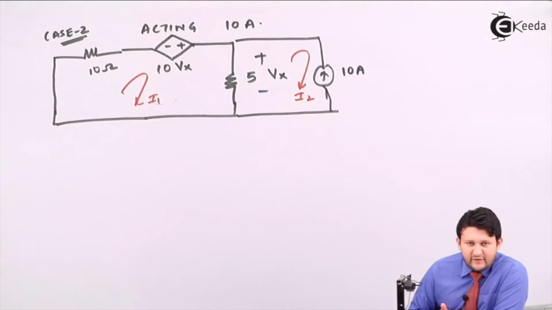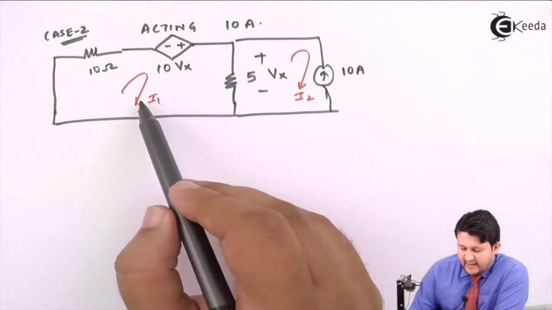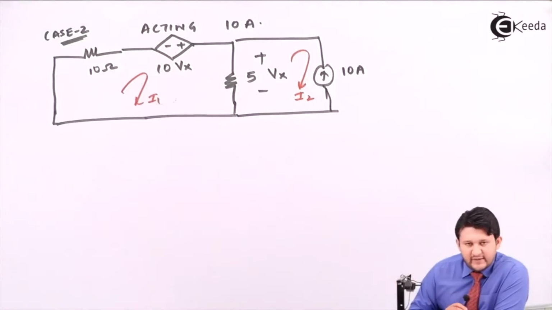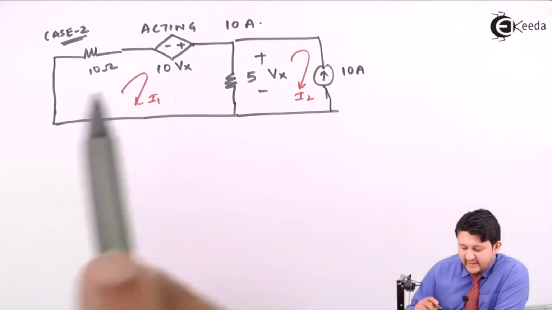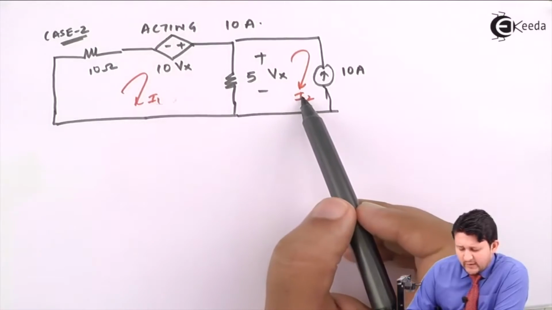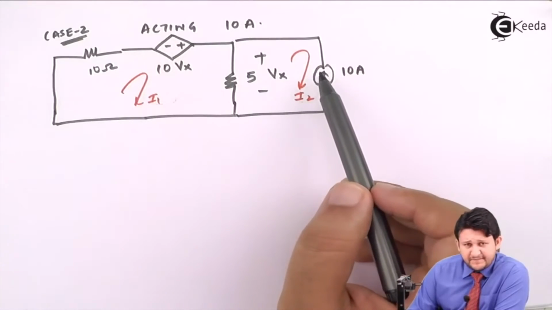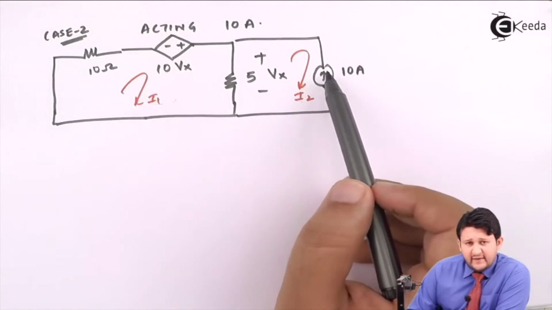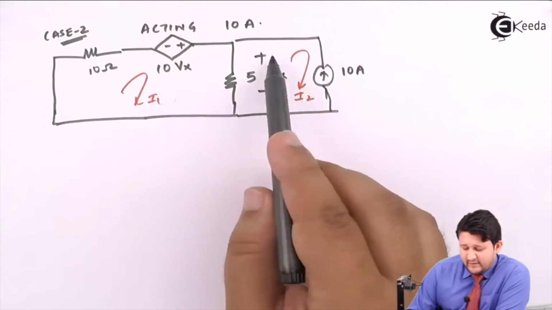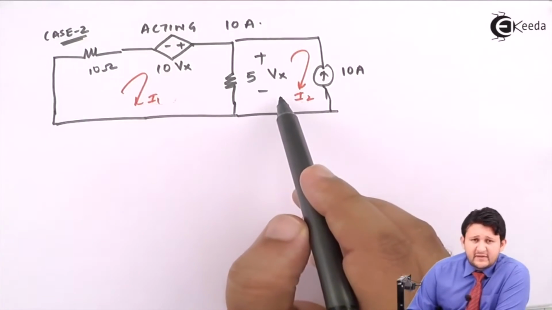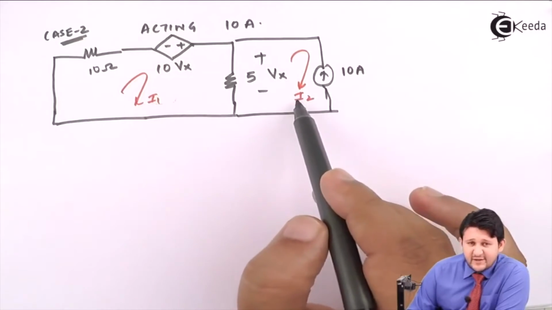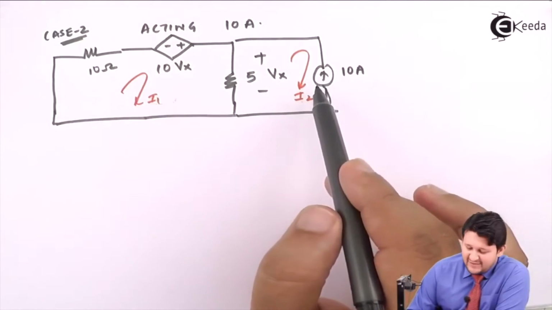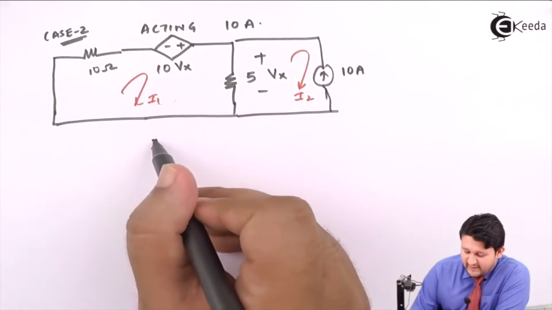So let's have a look whether you can apply mesh or supermesh. In this case, I into R voltage, I into R voltage. That means over here you can apply a mesh. In this case, can you have a look? I into R voltage, but this cannot be. And when you cannot apply KVL in this type of single loop, that means in this case you can directly get the current value. Let's have a look how we can get the value. That means I2 equal to,